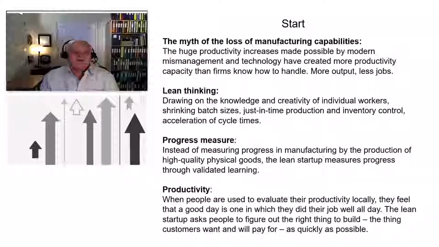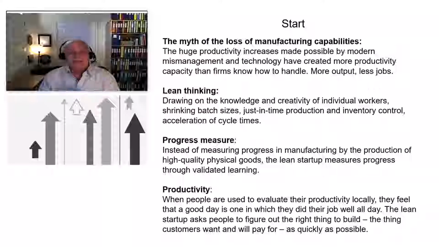So he talks about, from a lean perspective, these different areas that we're going to talk about. So start is one of them. The myth of loss of manufacturing capabilities. We keep talking about how we've lost manufacturing capabilities, but that's an inverse bell curve. On the other side of it, we've become more effective and more efficient from a productivity standpoint. We now have more capacity and we can spin up more output than ever before at an instant if needed. But we don't recognize that. We think that we have to build up manufacturing capabilities. Those exist for us already.